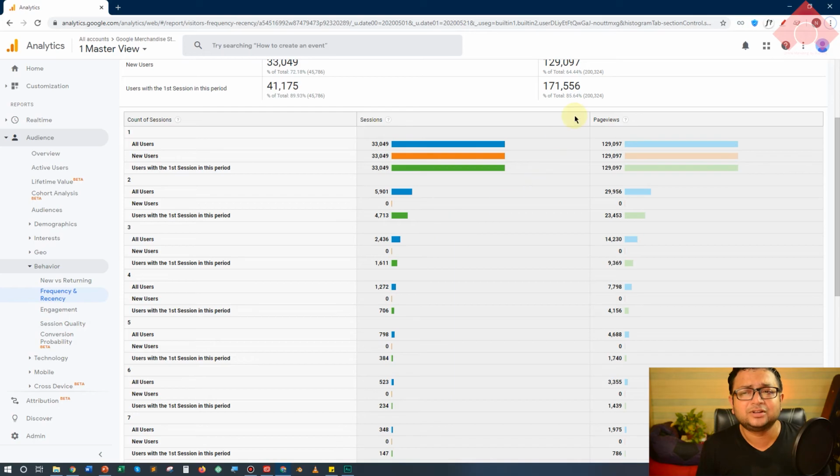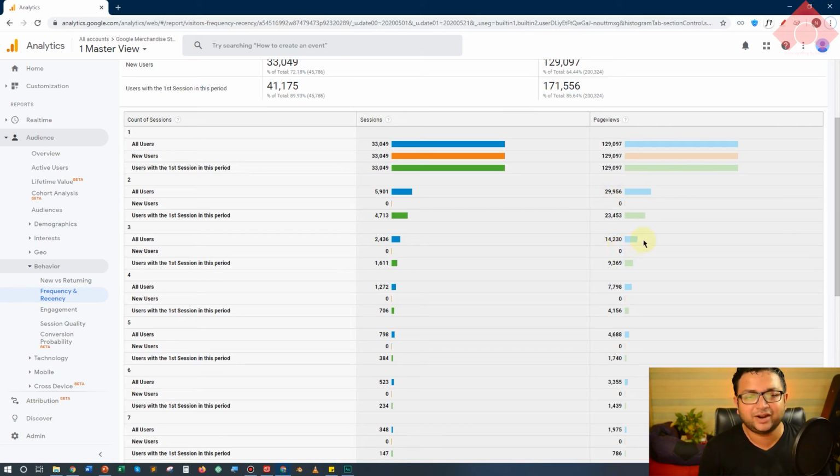Next, let's go to the page views. Page views are all the cumulative number of pages viewed by the users or the sessions that fall in this count of session 1 over here, right? And then similarly, for all those users who had count of session 2, the page view is showing up over here, okay?